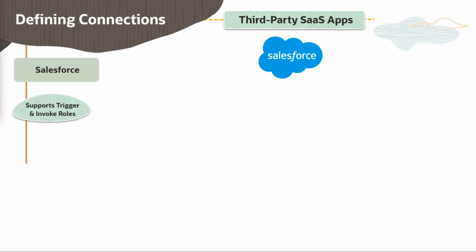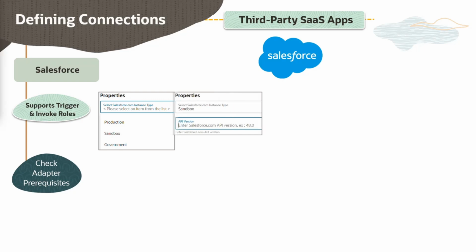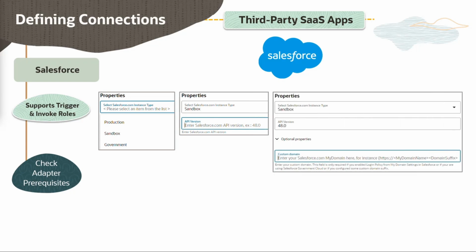This adapter supports the configuration of connections in either the invoke or trigger role, and as a reminder, you will need to verify that all required prerequisite tasks have been performed. There are a number of them, depending on how you intend to use this connection resource. You'll first select the application instance type, production, sandbox, or government, then enter which API version your instance uses. Under optional properties, a custom domain name can be provided, which is actually required when you are using Salesforce Government